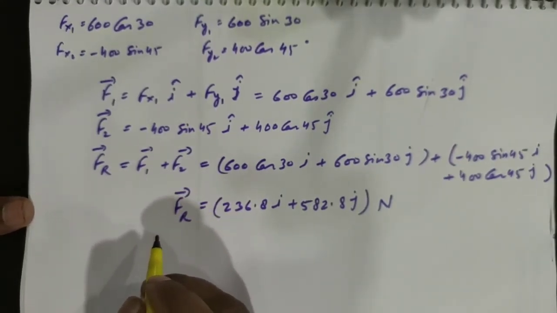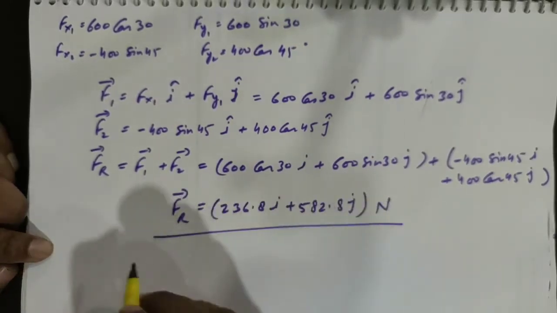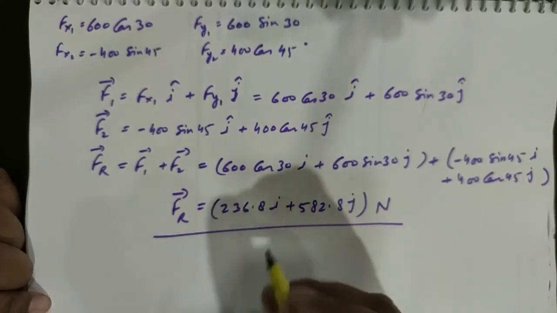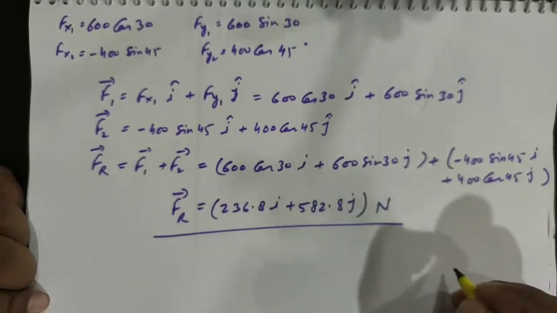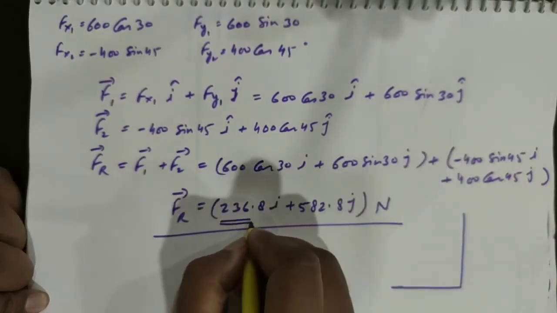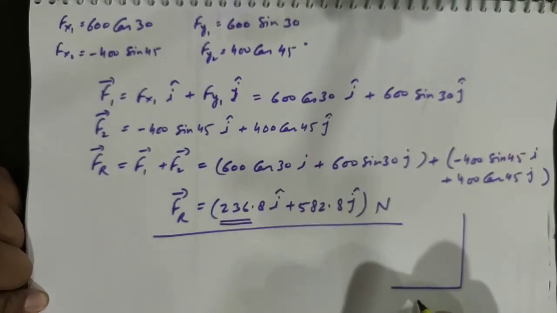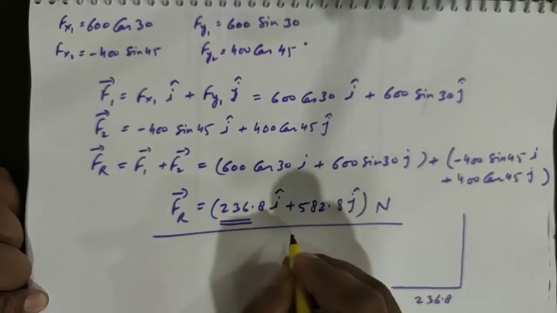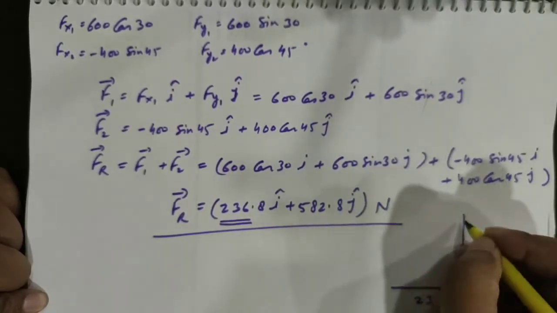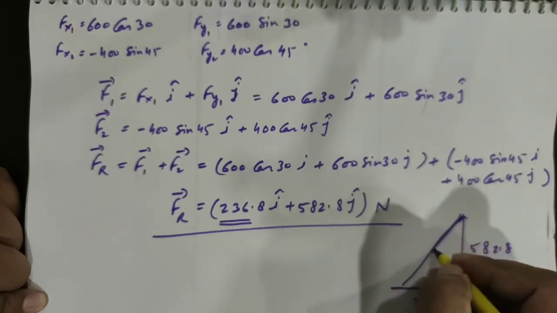See, we got the resultant force as this. We can also show these forces in the x and y direction. Like this magnitude is going along the x-axis, the i component 236.8, and this is going along the y-axis, 582.8. So if we need to calculate the